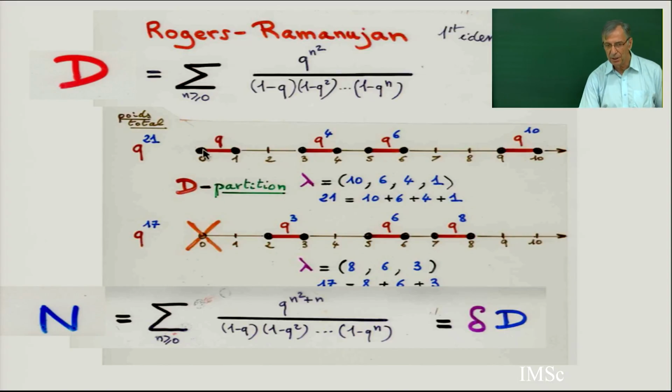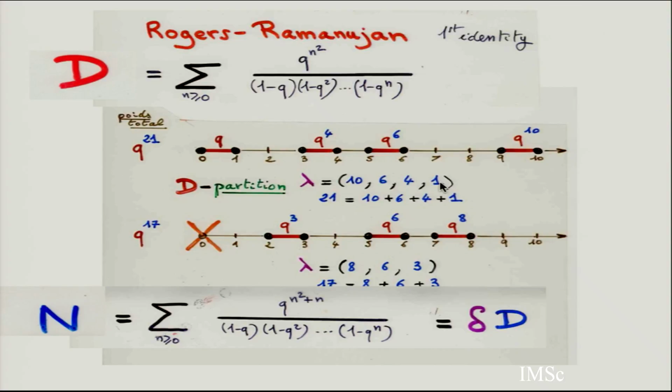Any D partition is in bijection with the trivial heaps of dimers. Here is my trivial heap of dimers, q, q^4, q^6, q^10, and here is a D partition, 10, 6, 4, 1. Because the worst can happen, the two dimers are close together, and this is the worst for the D partition to have a difference of 2. So trivial heaps of dimers is exactly in bijection with D partitions. So my denominator is a generating function, alternating generating function for trivial heaps of dimers, but I have twice. I have minus 1 for the dimer, minus q, minus 1 for the weight. So the denominator is this.